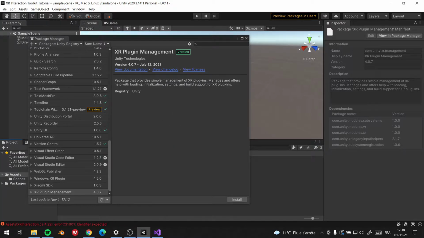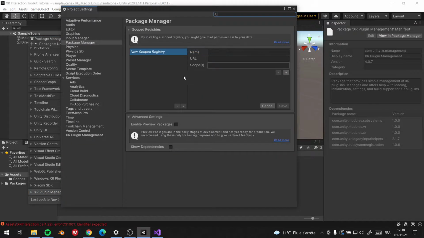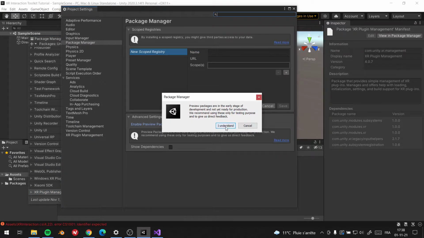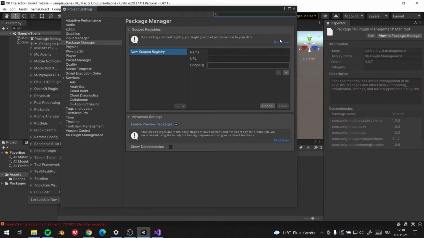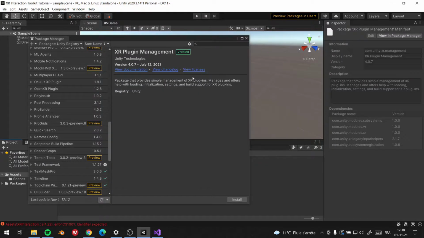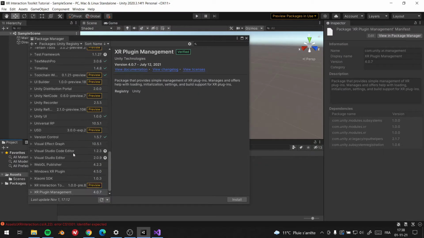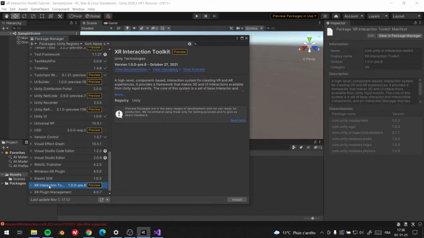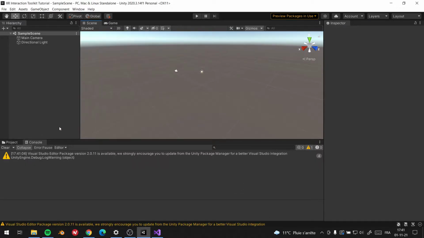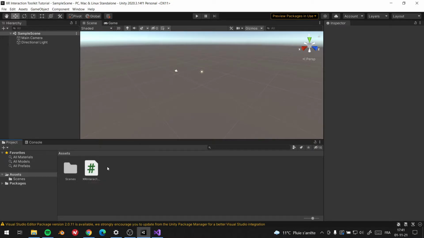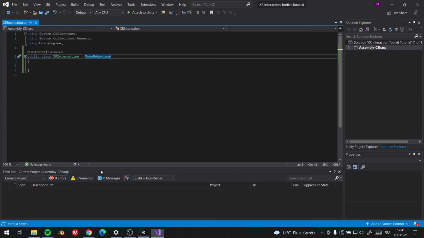So to download the package, you have to access the gear in the package manager. You click on Advanced Project Settings, Enable Preview Packages, which is required now for preview packages. Then you have the XR Interaction Toolkit, and just install it. Okay, so when it's done, you just click on the class you want to modify, and then